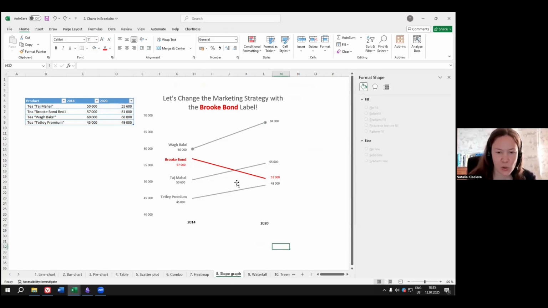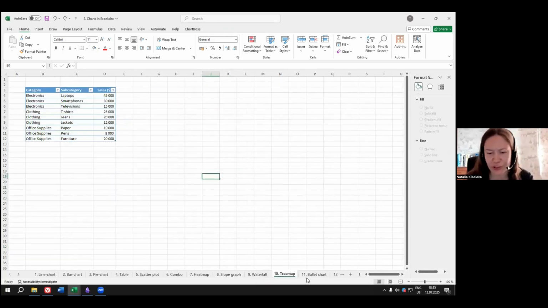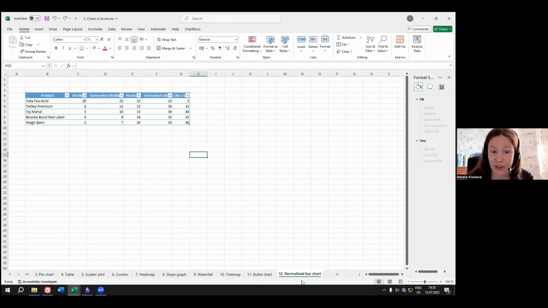So this is the slope graph. It shows the change when you have many categories, many lines, but only two points of time. That's it. I'm not sure we have time for a beautiful waterfall or tree map or bullet chart or maybe normalized bar chart. Maybe in tomorrow's session we will continue with them